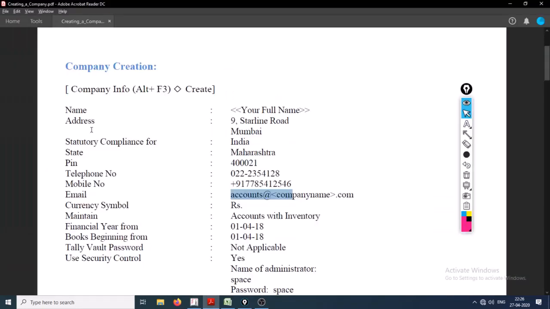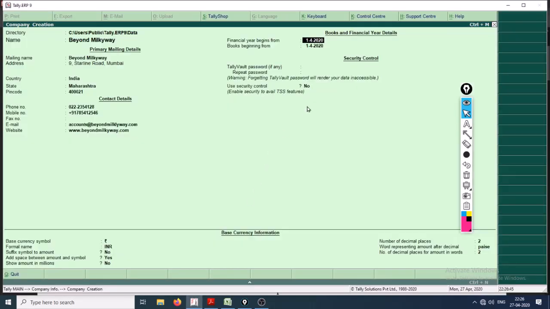Financial year begins from 1/4/18. You can use a dot, or you can use a hyphen, or you can use an oblique whenever you want to write a date.